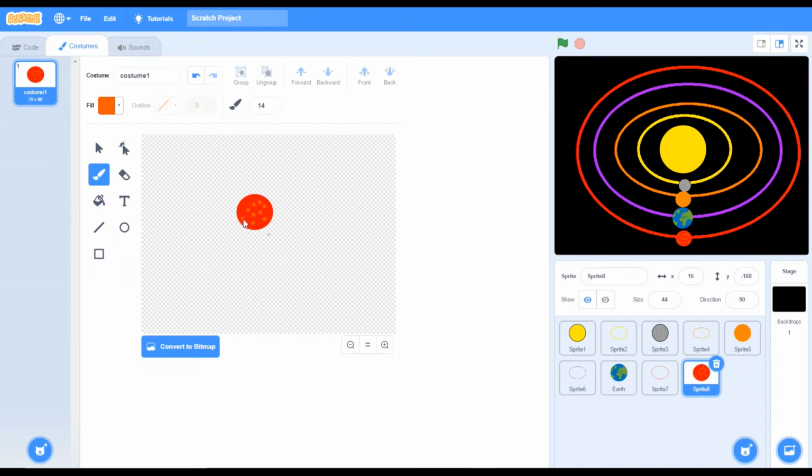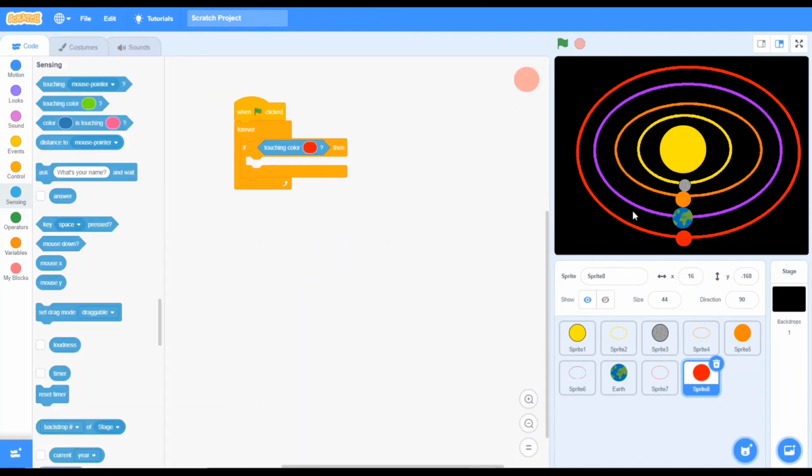Mars is actually not looking good in this costume, but friends, if you want you can color anything. I'm doing this because it's blending with the color red. Okay, you know what, actually I don't like this. I did a bad job in it. It's looking so ugly. I'll redo it. Actually, Venus's color is also blending with it, so I will have no problem. I have wasted my time in it.